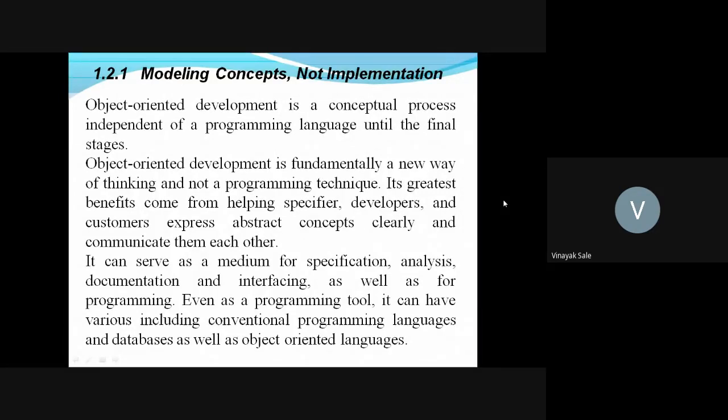Whenever constructing a building, a demo is kept while constructing it, which shows the specification of the real building. We can analyze that building, then documentation and interfacing, as well as the constructing.